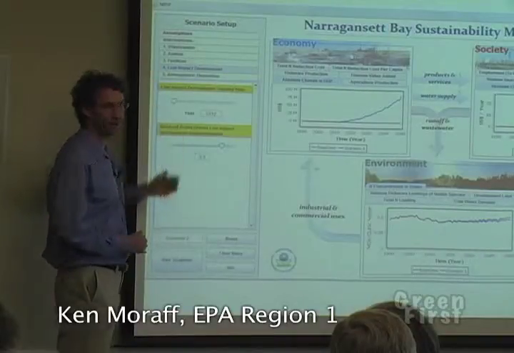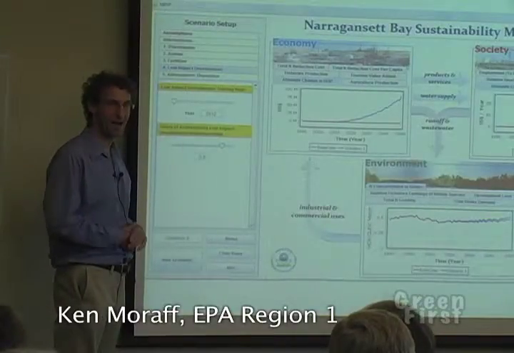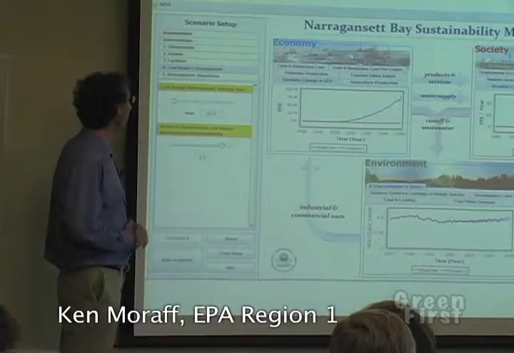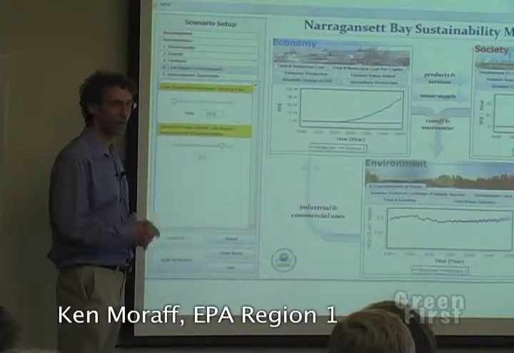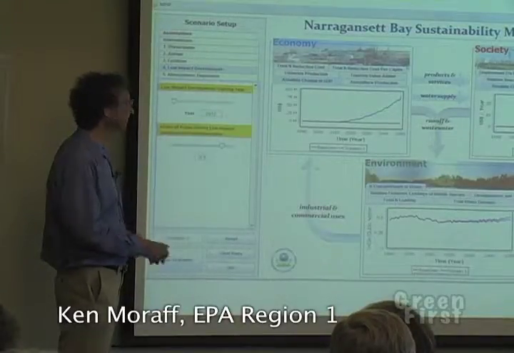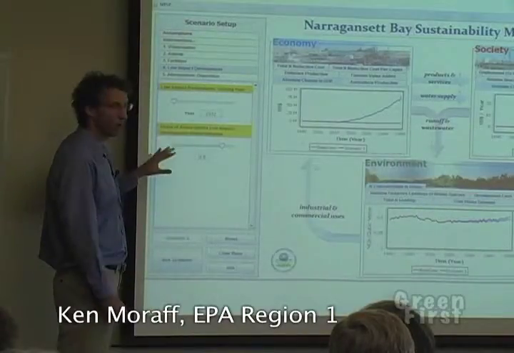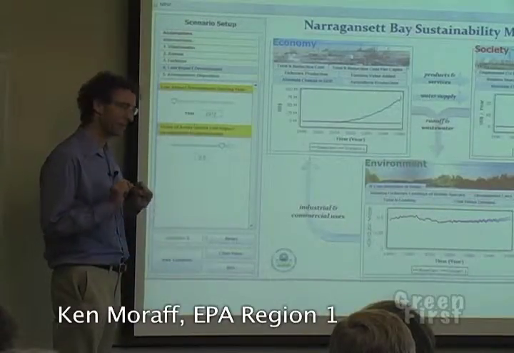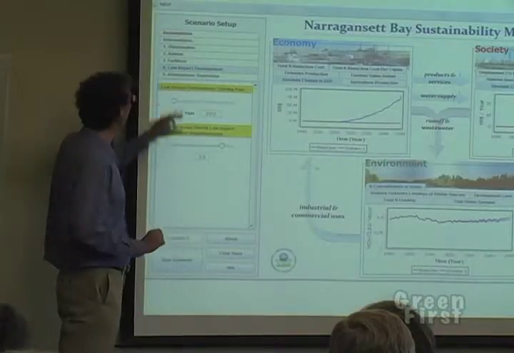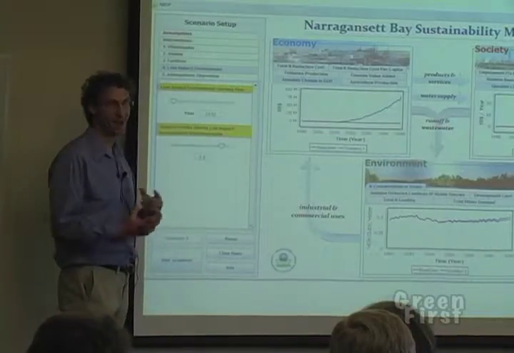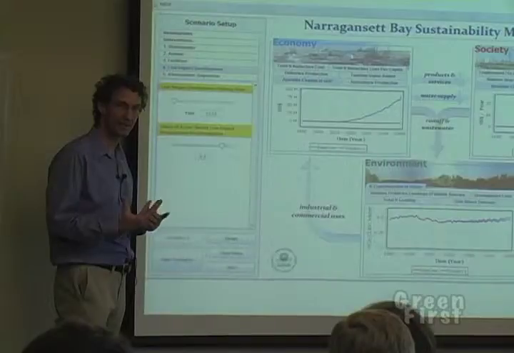And there are other things that are going to be in here too. We're just building this model now. So this is where aquaculture would go. What if we put in aquaculture to take nutrients out of the watershed at the end? For things where we don't have solid information about a relationship, there's an assumptions tab where you can put in different assumptions. You could say